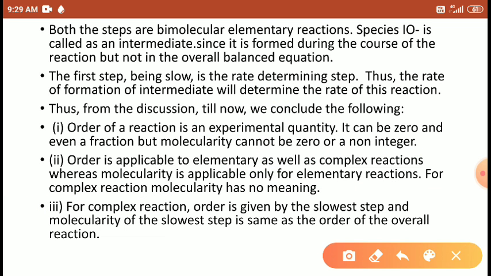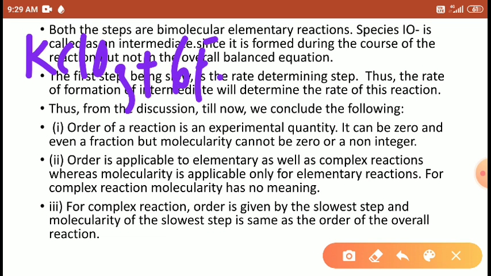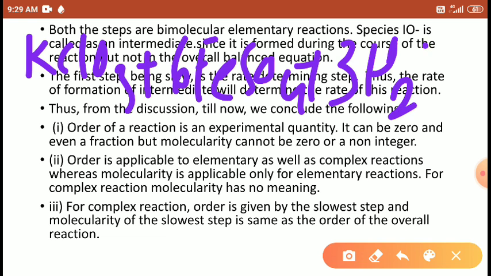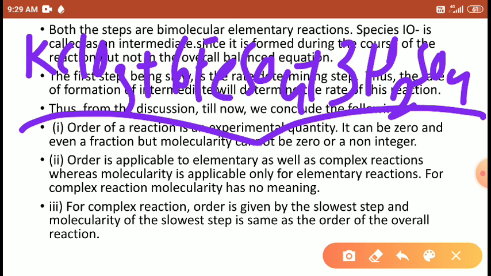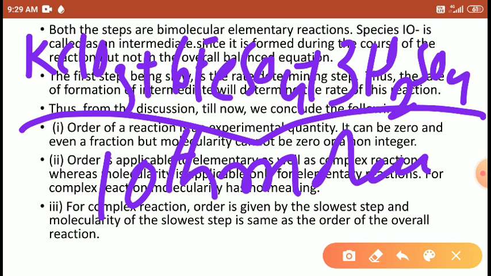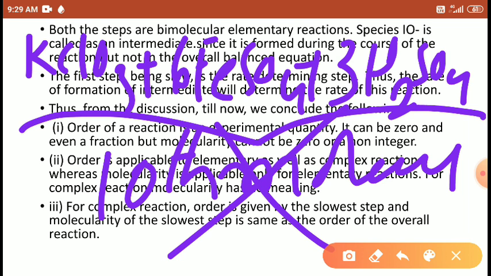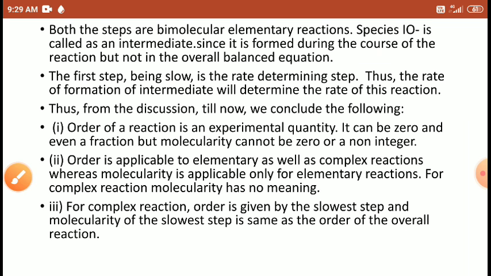For example, 1 mole of KClO3 reacts with 6 moles of FeSO4 and 3 moles of H2SO4. Here, students, this cannot be called the 10th molecularity of the reaction. We can't call it the 10th molecularity or the polymolecularity of the reaction. Such complex reactions are considered only in terms of order.